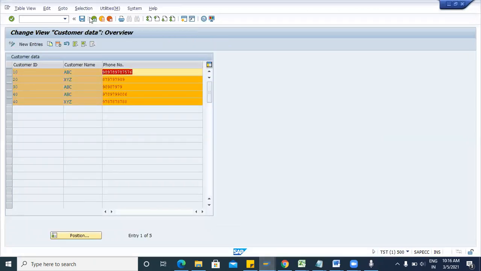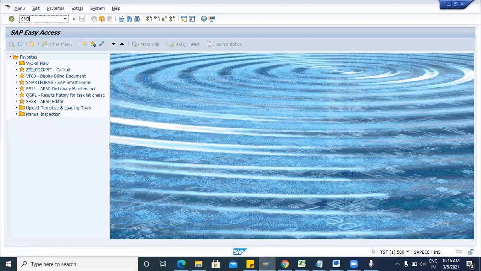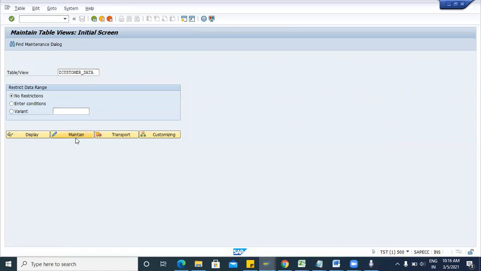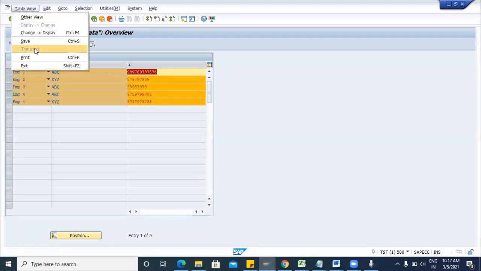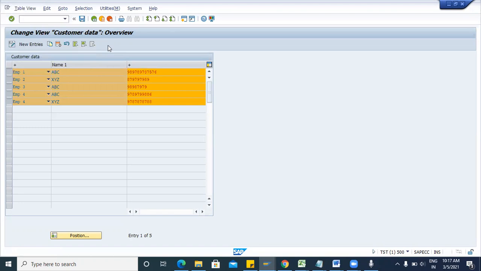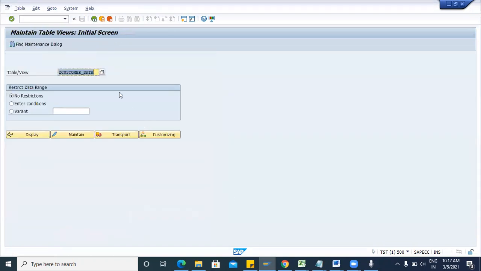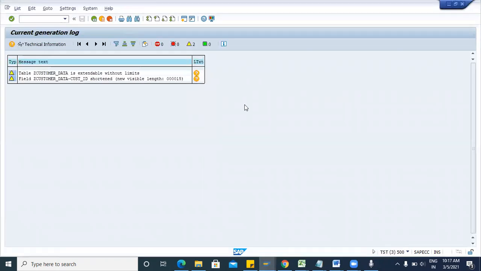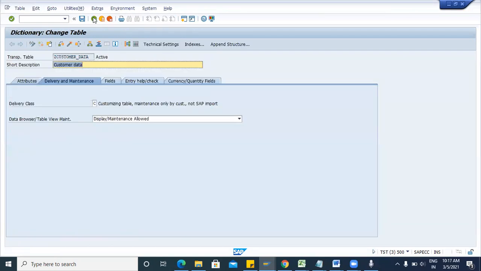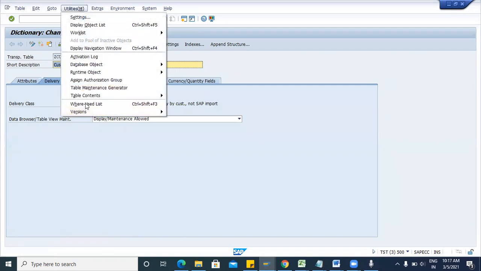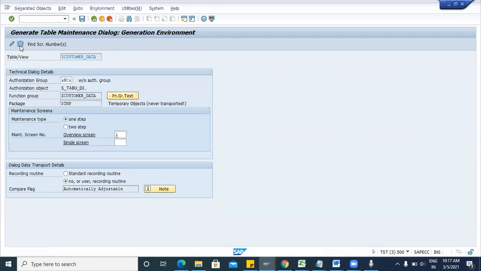Okay, so now SM30, maintain. So just select all these line items, then just wait, customer data, delete.